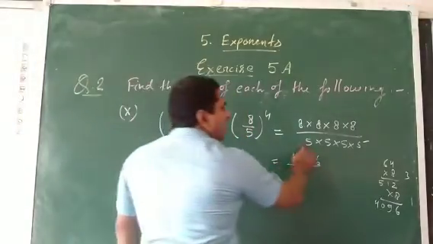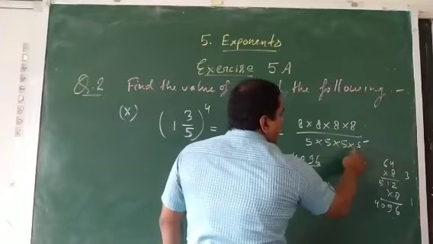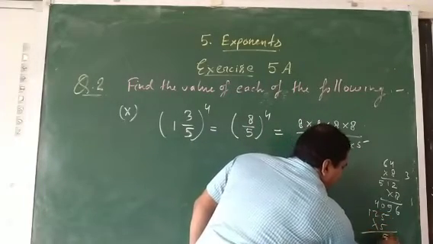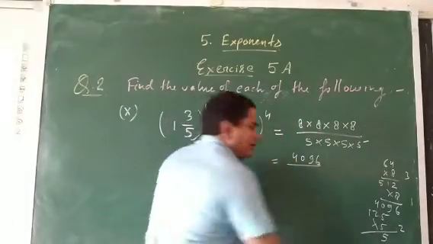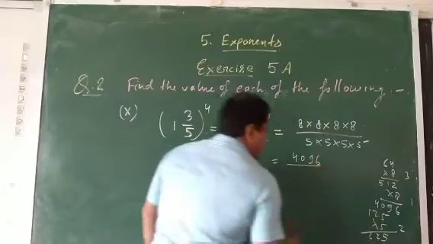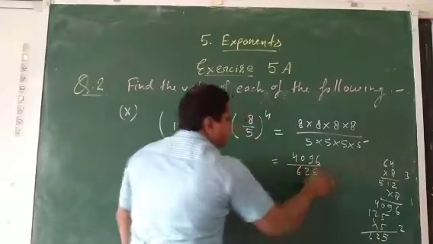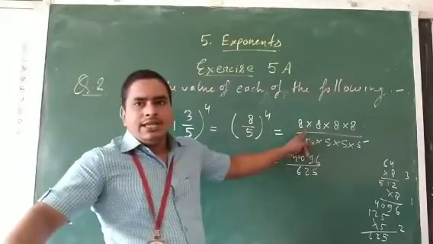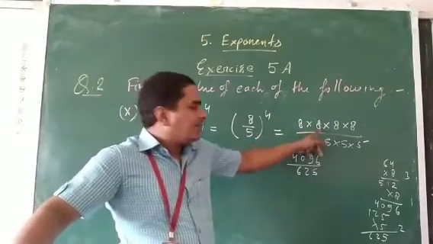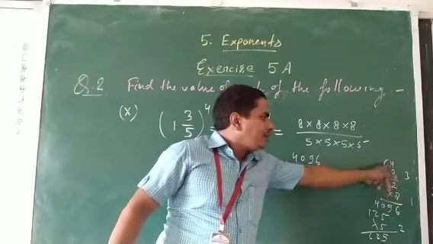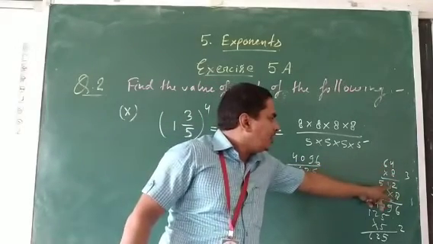4096 upon 5. 5 fives are 25, 5 fives are 125, 125. 5 sevens are 35, 2 carry. 5 twos are 10, plus 2 is 12, 1 carry. 5 ones are 5, plus 1 is 6. 625. Okay, clear? Again you can check this one. 8 eights are 64, 64 eights are 512. This one clear? Okay, and 512 eights